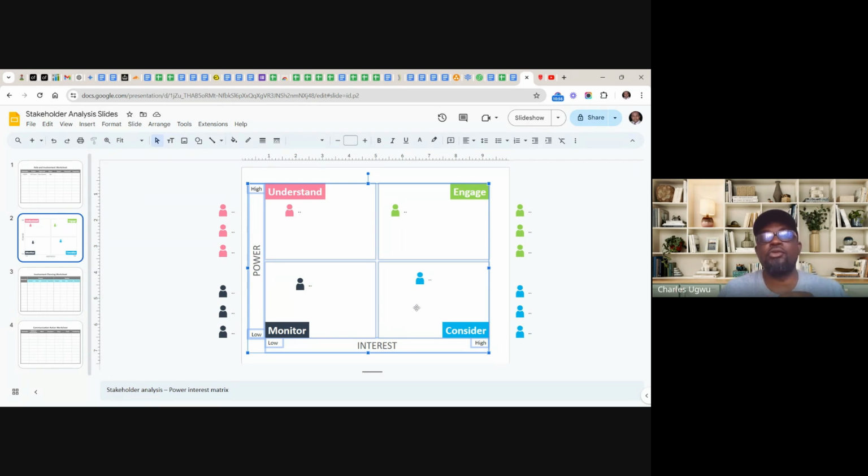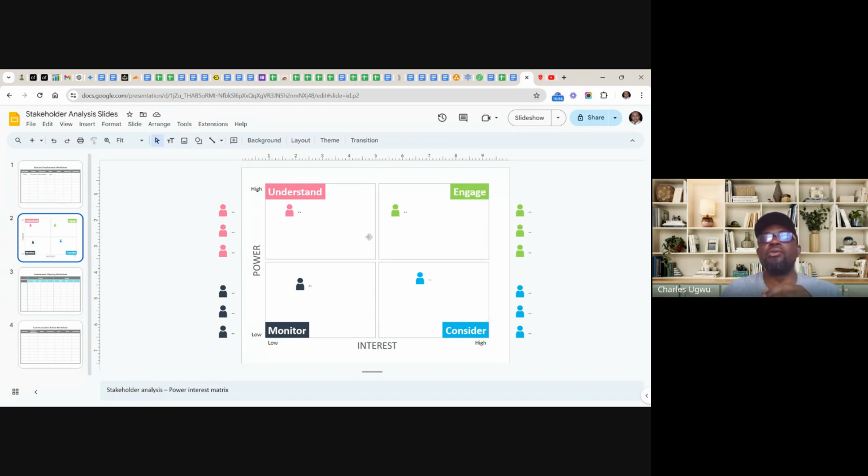So these are the people. You can see how we can use this. What I'm doing now is stakeholder analysis. You see the way I've analyzed four groups of stakeholders with this particular power and interest grid. By the time you do this analysis, you understand every stakeholder very well.